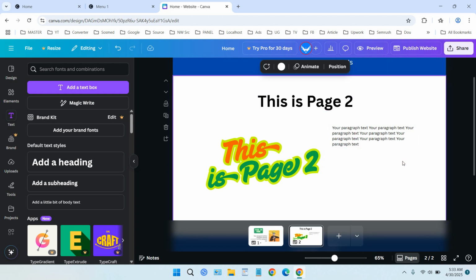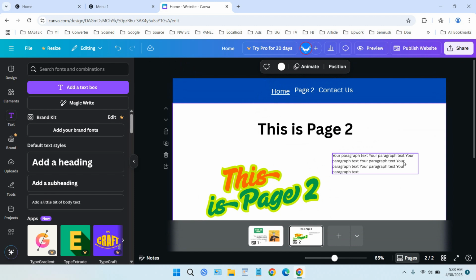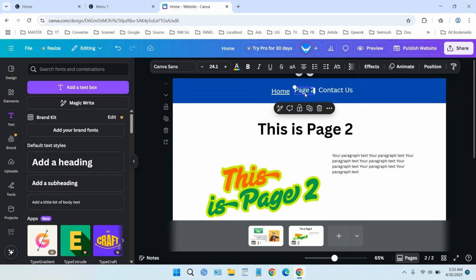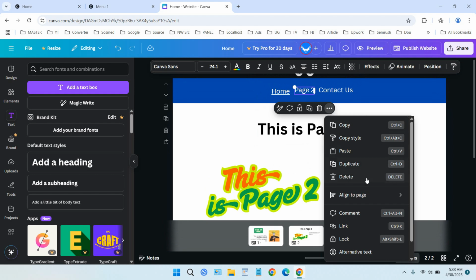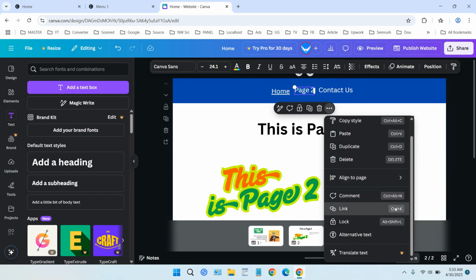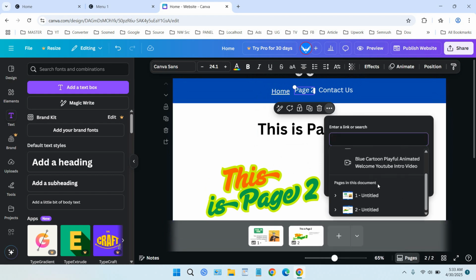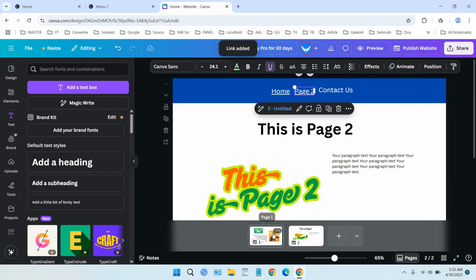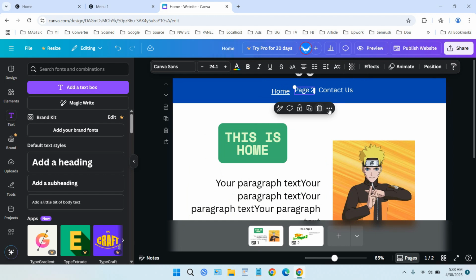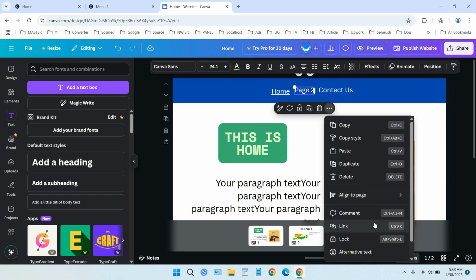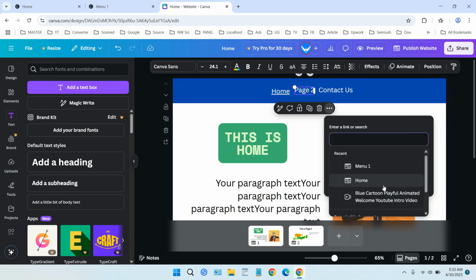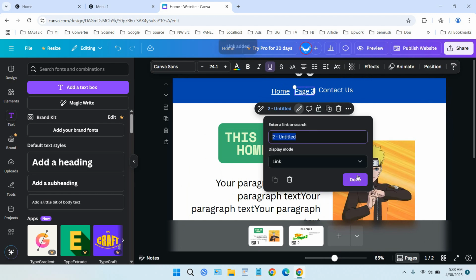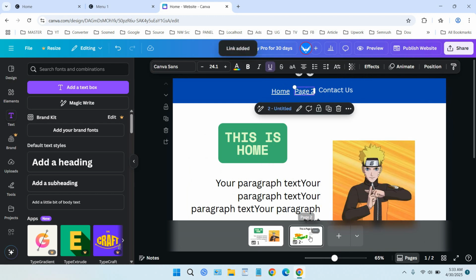Just look like this, and then make the page 2 here refer to this. Okay, and select link and select the page 2 and click done. Also for the home page, we can click this and select link and select the page 2 here. Okay, now